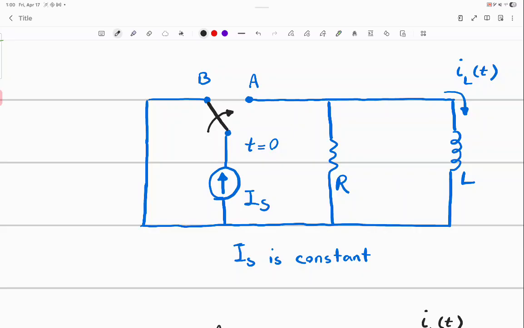The source gets connected. It starts charging the inductor. At t equals infinity, what happens? It reaches IS. The resistor is completely bypassed, and all the current is passing through the inductor. Is it zero at t equals infinity? Not anymore. Okay? But this is something that we talk about